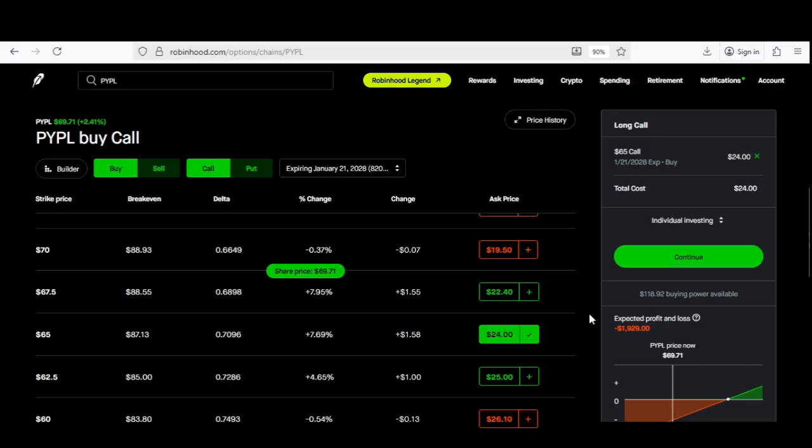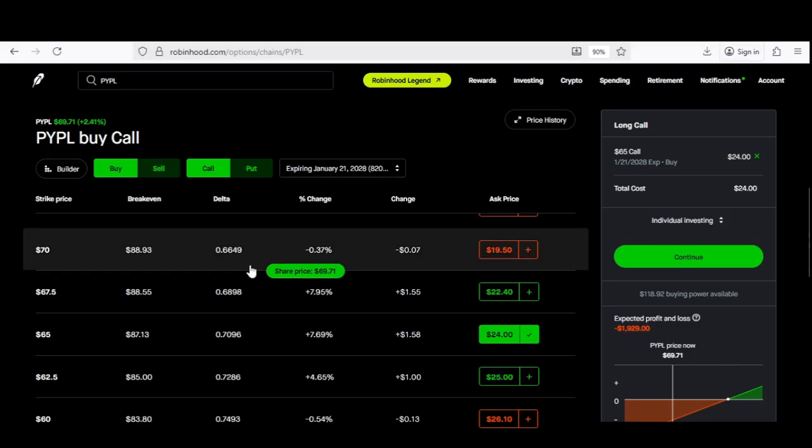Now, like I mentioned, this option strategy is known as the LEAPS option strategy. This is one of the favorite and mostly used option strategies in my current portfolio. Now, with this particular LEAPS option in my portfolio on PayPal, this is my exit strategy. I am going to have this LEAPS option sit in my portfolio. I'm going to do absolutely nothing. Hence, that's another reason I went all the way out to give myself enough time so I could just have it sit there. The way I'm going to be making money with this LEAPS option, with this option strategy, is